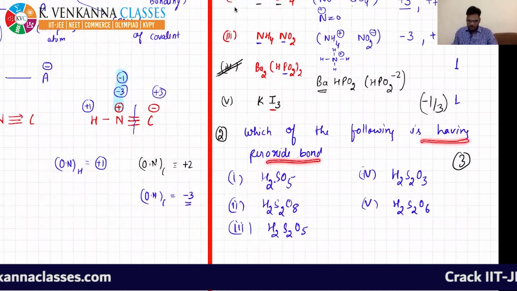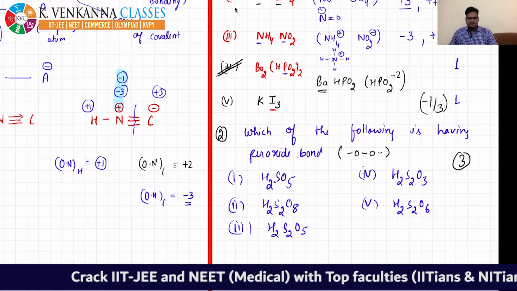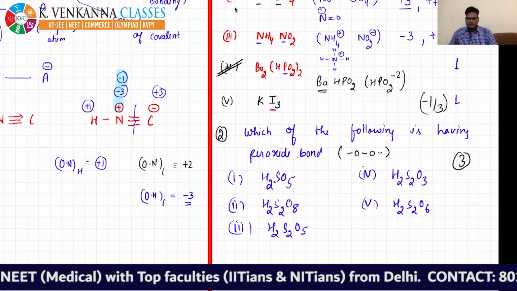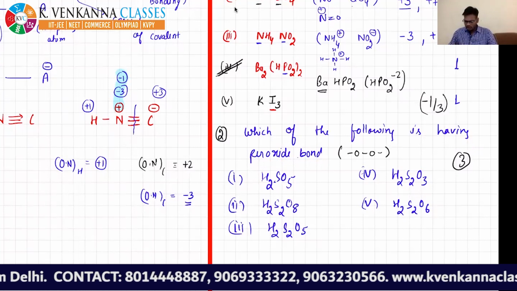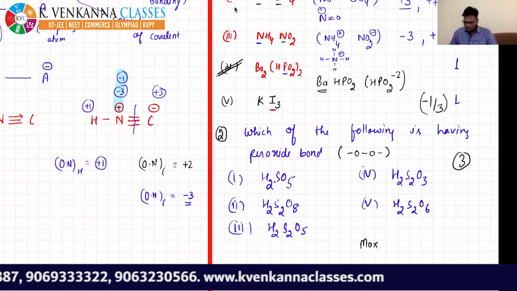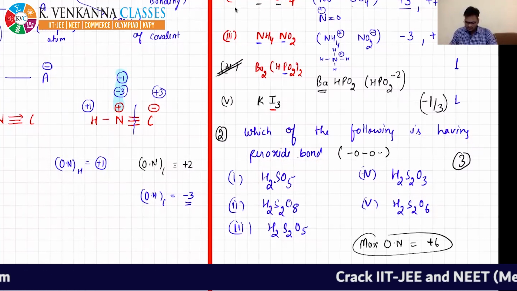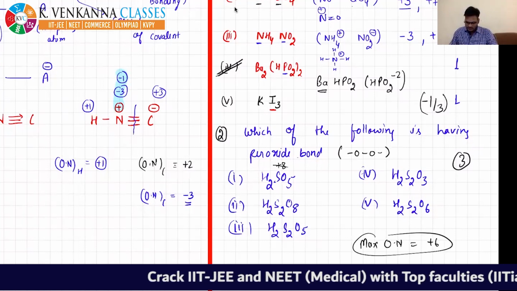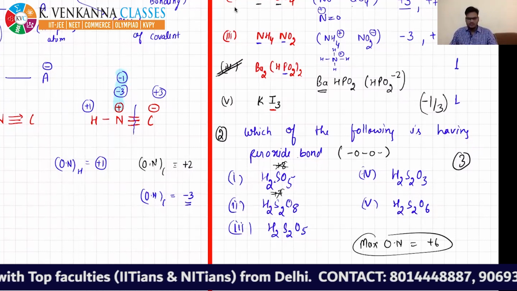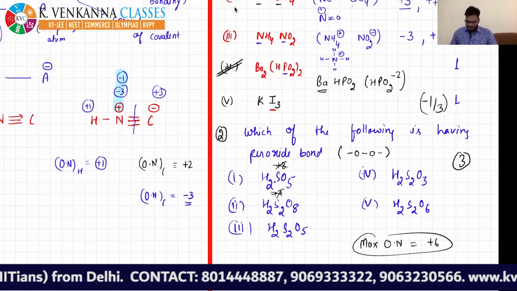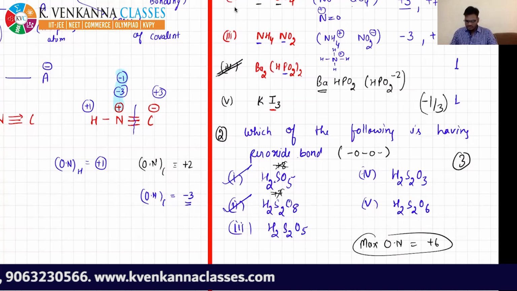In this case, I have already told you that peroxide bonds will exist in any compound when its oxidation number, which we calculate by the simple addition-subtraction method, comes out greater than the maximum oxidation number. For all compounds of sulfur, the maximum possible oxidation number is +6. So in any case, if it is greater than +6, for example in this it is coming +8, that is wrong. In this, +7. So if the oxidation number is greater than the maximum, then they might have a peroxide bond. So these two compounds will have a peroxide bond, and the others will not. So this is the correct answer.